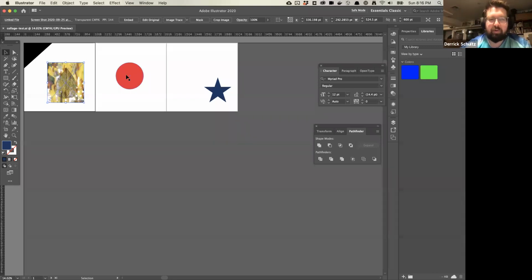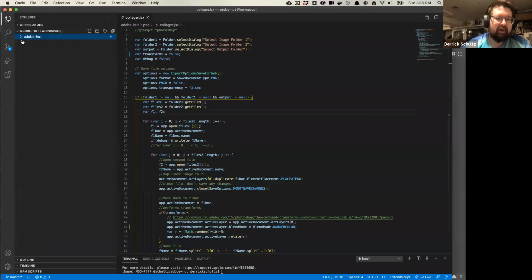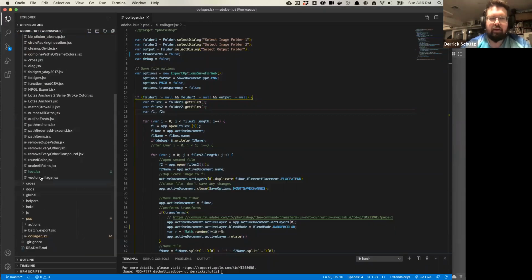To start with, we're just going to take them in their current position, and we're just going to pick 3 of them to randomly put into a new artboard. So of these, we'll pick 3 of the 4 and we'll apply them. Let me just pull up that script really quickly and show you how this works. Inside of Illustrator, we have a file called Vector Collage.